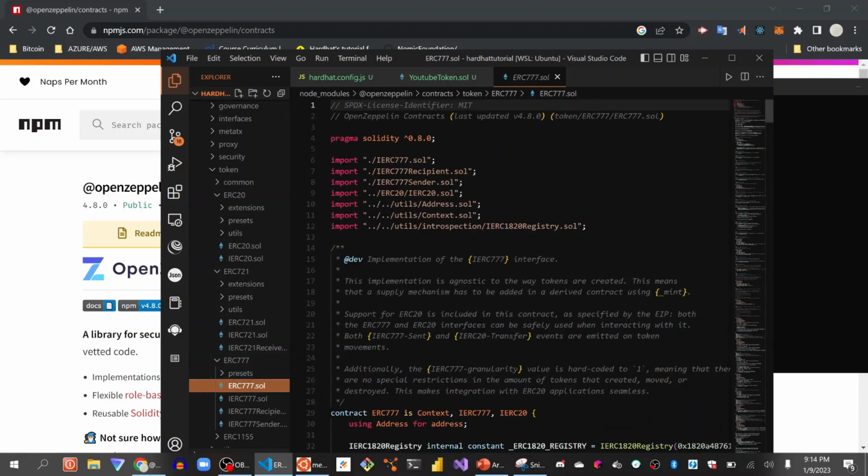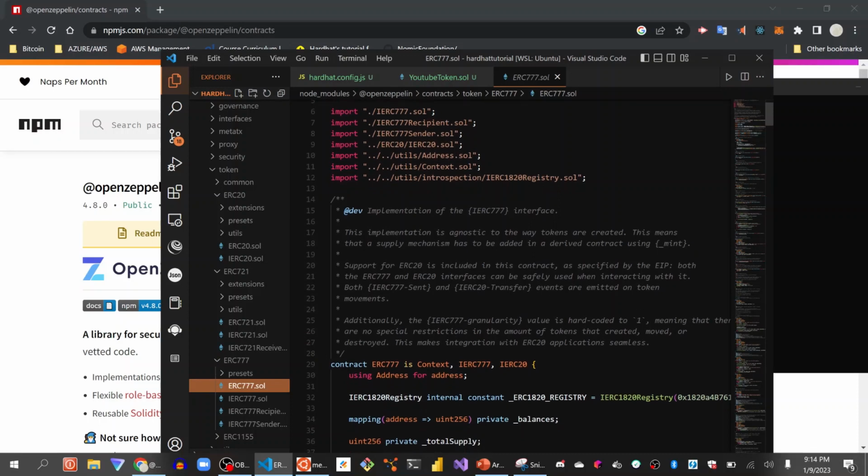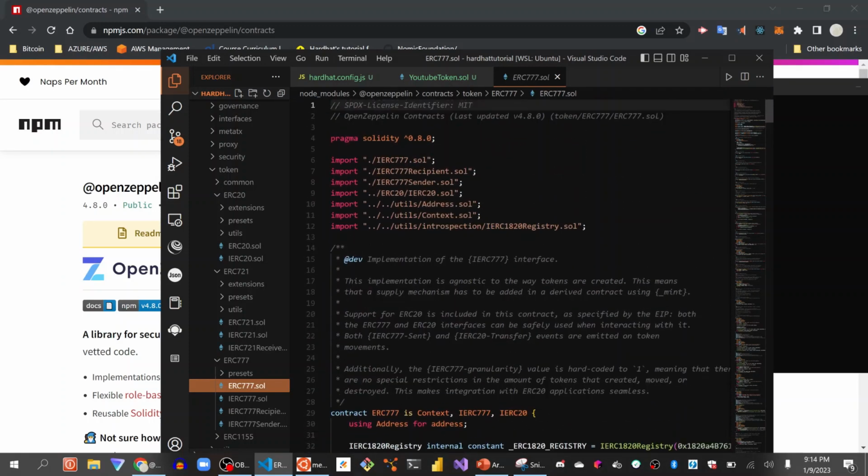This is an ERC777. Support for ERC20 is included in this contract as specified by the EIP. Both the ERC777 and the ERC20 interfaces can be safely used when interacting with it. That's why I want to build an ERC20, because even though we're not in the bull run and people aren't building ERC20 tokens,